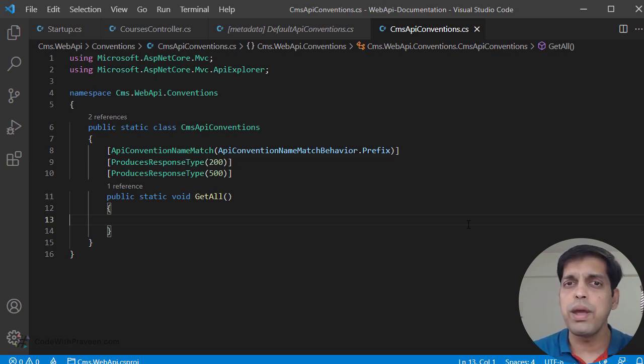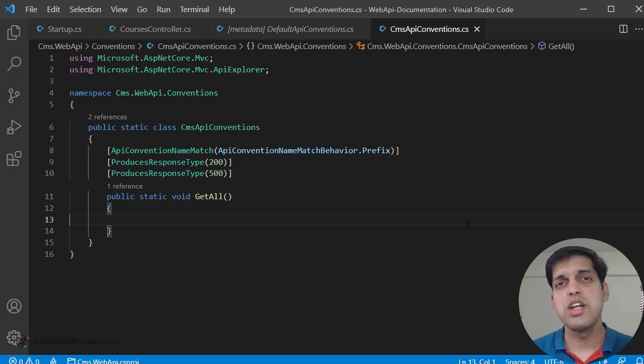Because the default API conventions comes with certain rules, as we have noticed before: the name, the type, the name of the parameter, and so on. Your action method has to comply with that. If it is a smaller API, then it's okay. Even if it is not following, you can go and change it. Whereas if it is going to be a complex or a larger API project, then the attributes make sense. Because using those attributes, you have full control on what you have done.